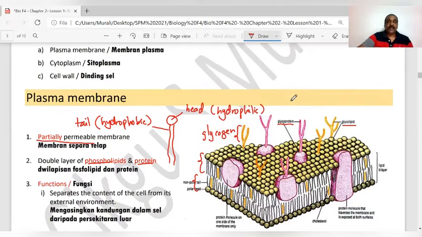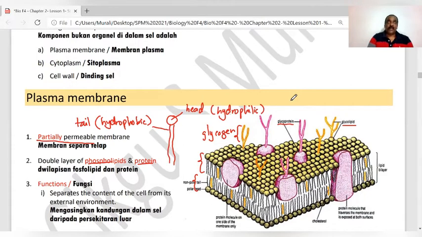What are the functions? In fact, in this chapter we have one more subtopic, the classification or organization of cells. Even at a lower level, we have studied the organization of cells, whereby a few cells group up together to form tissues, a few tissues form an organ, a few organs form a system, and a few systems form an organism. Now, my question: how do these cells group up together? How do they know to group up together to form one tissue?